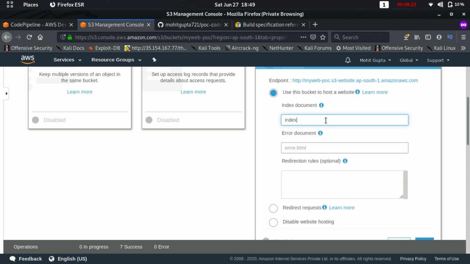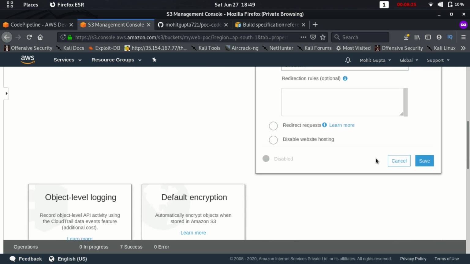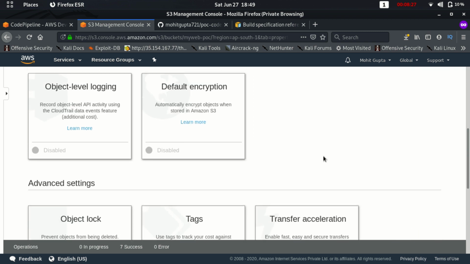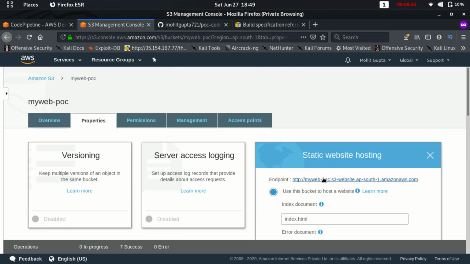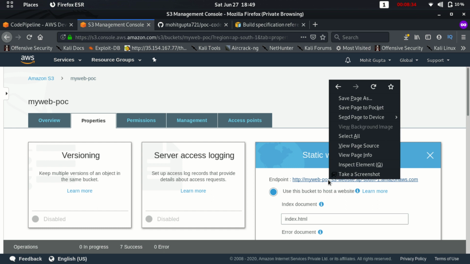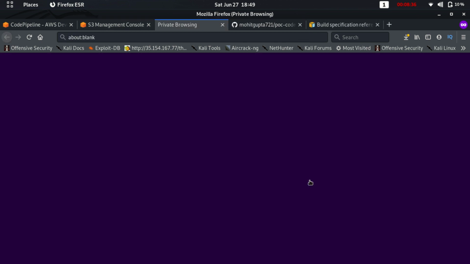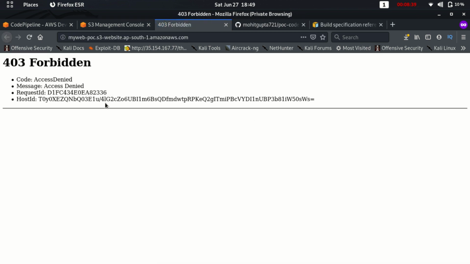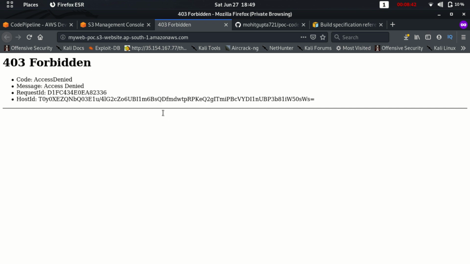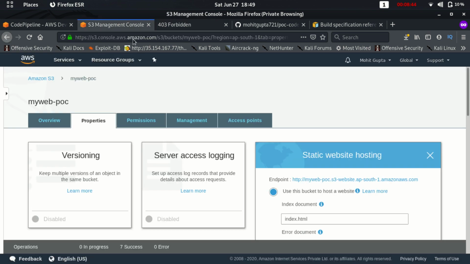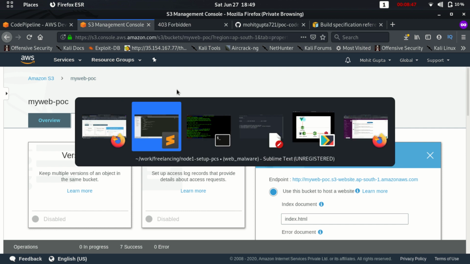So my index file is index.html. Let's just save this. So you can access your website with this endpoint URL. So you can just click this, and yeah, as you can see, currently it is forbidden because we have not created any bucket policy.